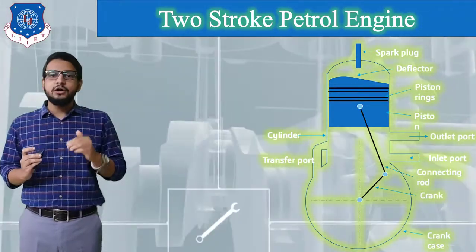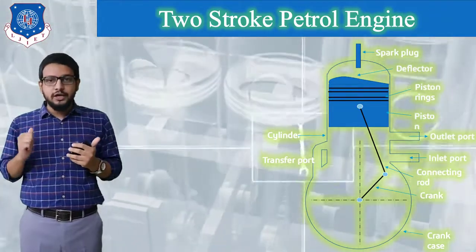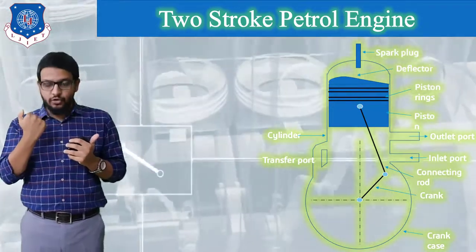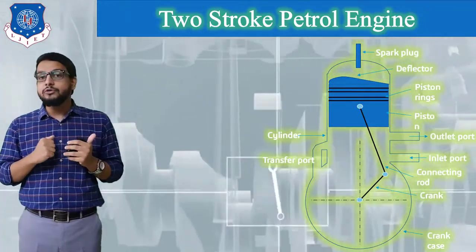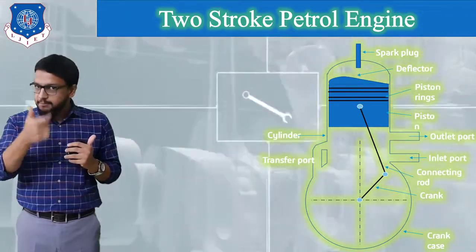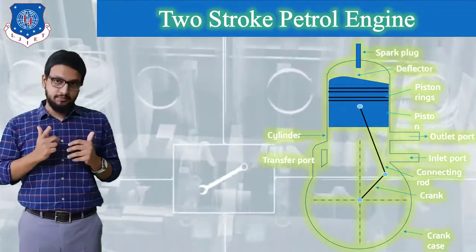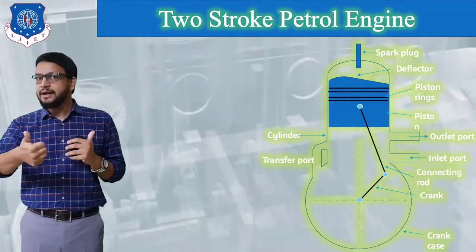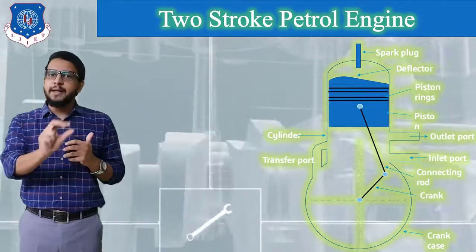As you can see, on the top side of the piston there is a deflector, a triangular shape is shown. As the name itself suggests, the purpose of the deflector is to deflect something. Another thing is that in place of valves we are going to use ports. In a 4-stroke engine there were two valves, inlet valve and exhaust valve, right? And that also was operated by means of a cam mechanism. Whereas in a 2-stroke engine there will be 3 ports: inlet port, exhaust port and transfer port. Ports are basically pipes.